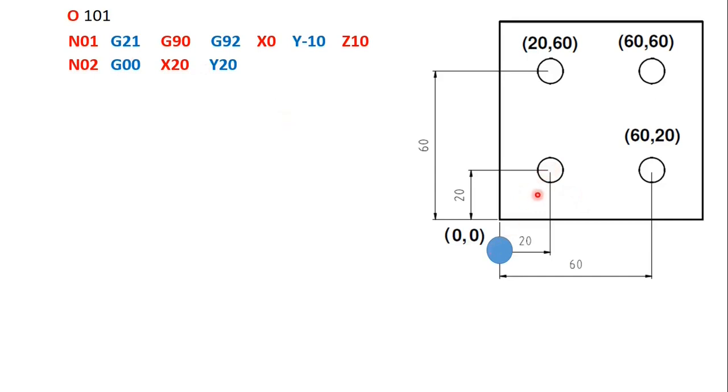So from here it will go directly to this one. So the drill bit has reached here, X20, Y20, but it is 10 millimeter above the workpiece. Whatever, if no coordinate about the Z is mentioned, that means the last coordinate it will take into picture. So in this case Z10, sorry, not Z20. It is nothing but 10 millimeter above the workpiece. Okay. So it has come from here to here.